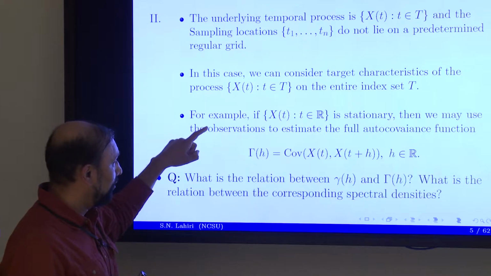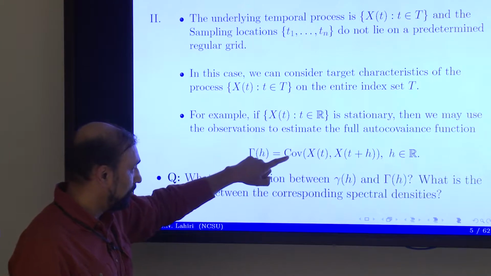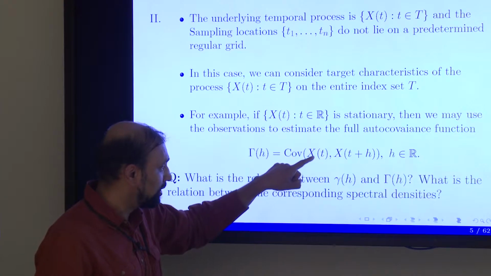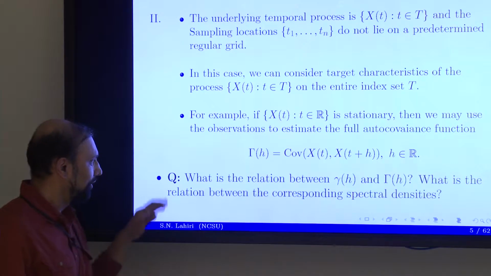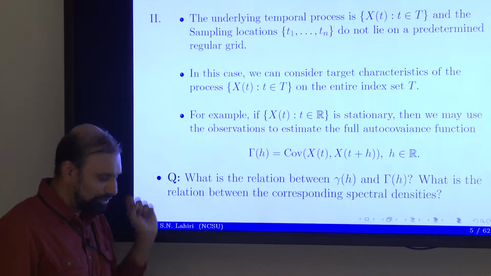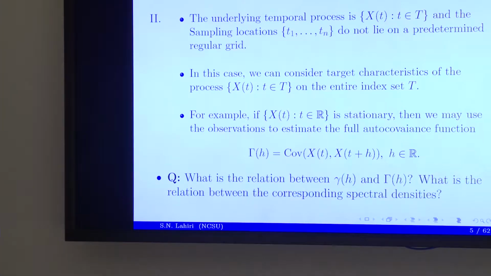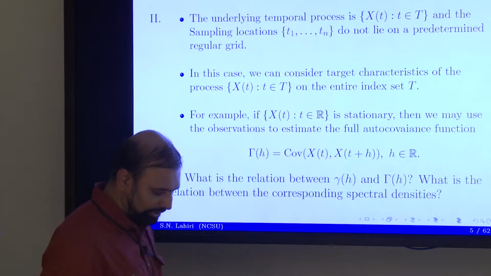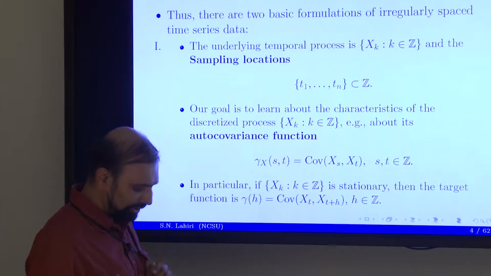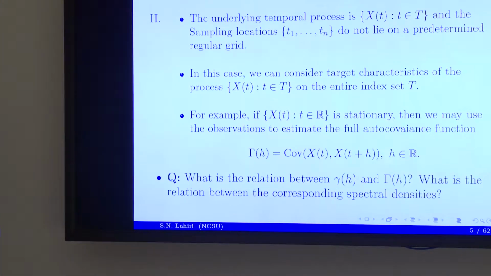And we can again hope to learn about not only the covariance between x of t and x of t plus h when t and t plus h are restricted to the set of all integers, but for any real numbers. So I put a silly question, the first one. What is the relation between this gamma h that I have defined here and the little gamma h that was defined there? Supposing I have conceptually a process that is defined on the continuum, on all of the real line.